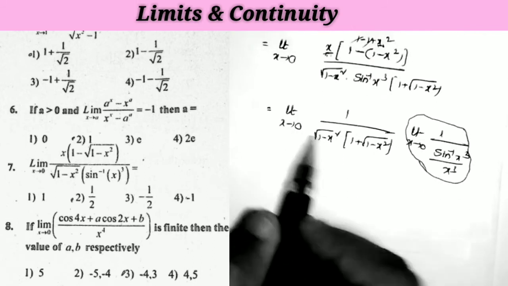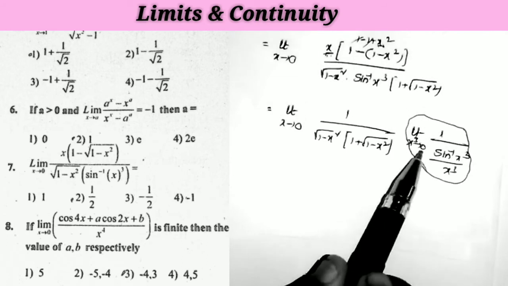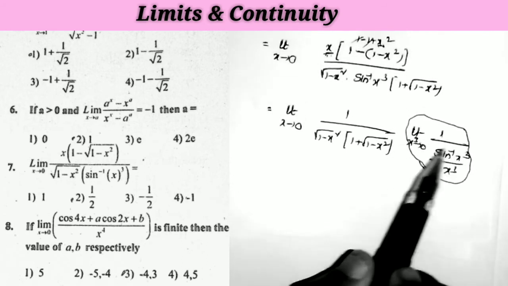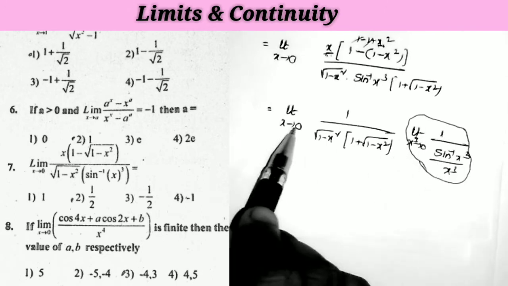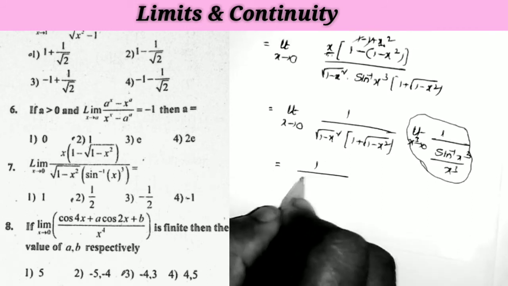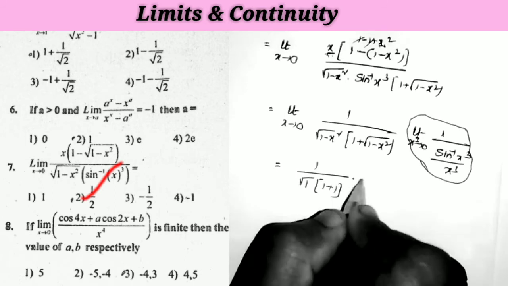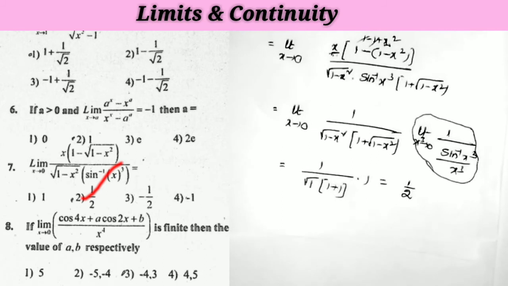Now taking that x, this is x cube. We take this value equal to x cube. x tends to 0 means x cube also tends to 0. That is limit x cube tends to 0, 1 by sin inverse x cube by x cube is equal to 1, direct formula. Now replacing x equal to 0 here, what do we get? 1 by square root of 1 minus 0, that is 1 into 1 plus 1 into 1. So the answer is equal to 1 by 2, and this is the second option.